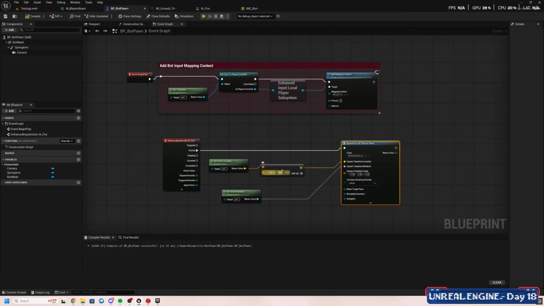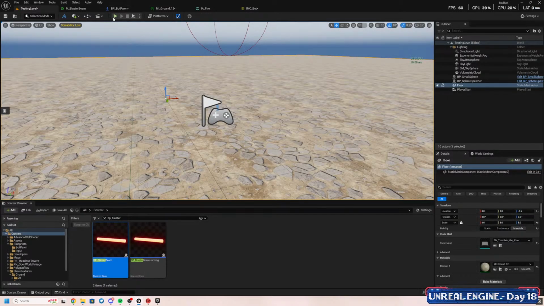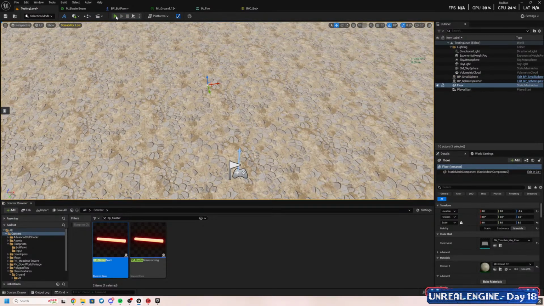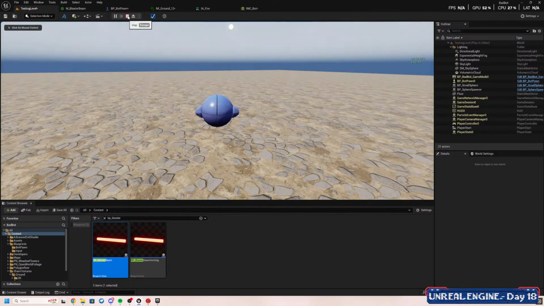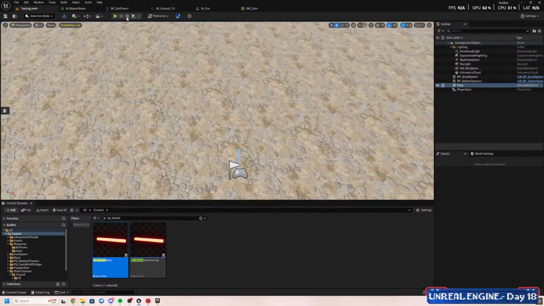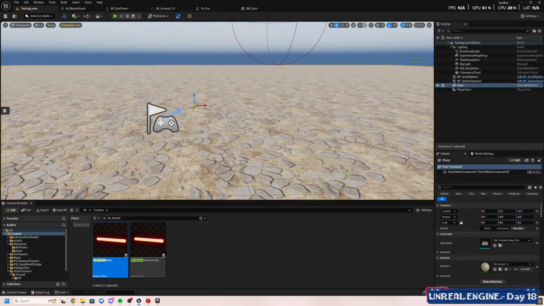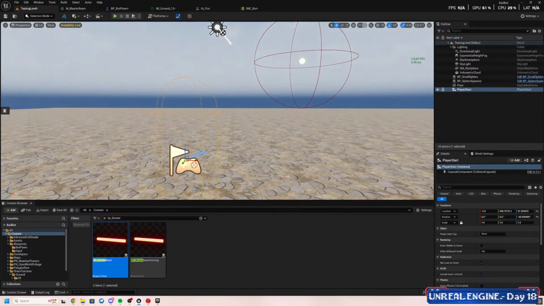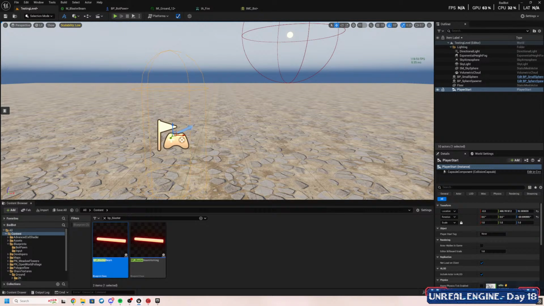You always need to create input actions, create an input mapping context to associate those input actions with inputs, and you always have to add an input mapping context to your pawn, and you do that by getting the controller, which returns a controller object reference, casting it to the player controller, which returns a player controller object reference, getting the enhanced input local player subsystem from the player controller, and calling add mapping context, specifying the context and the priority. Now, if you've done some experimenting on your own, you might have found that you can right-click and type